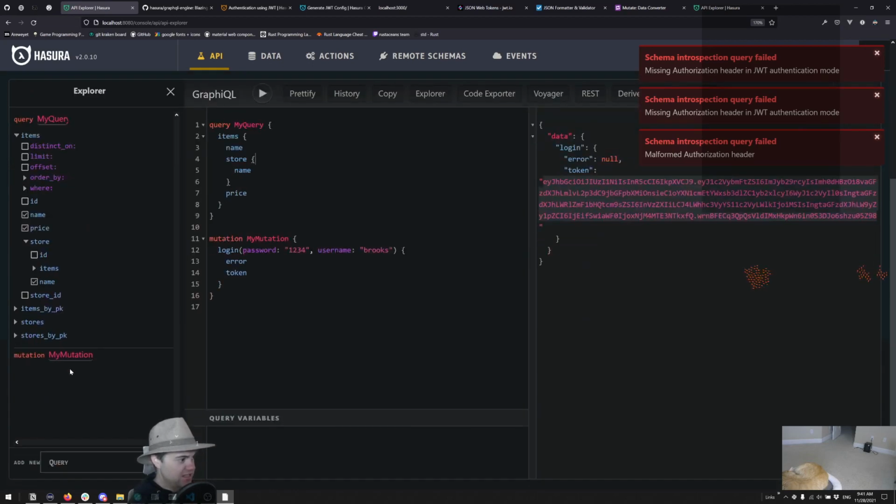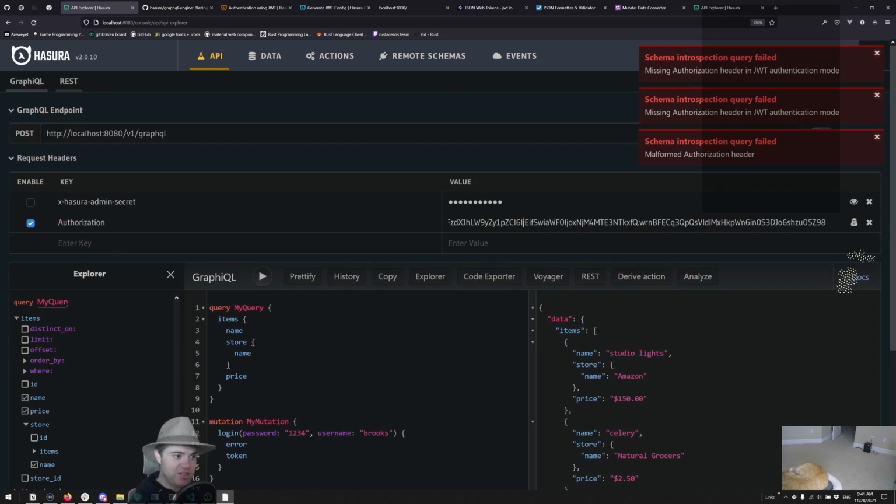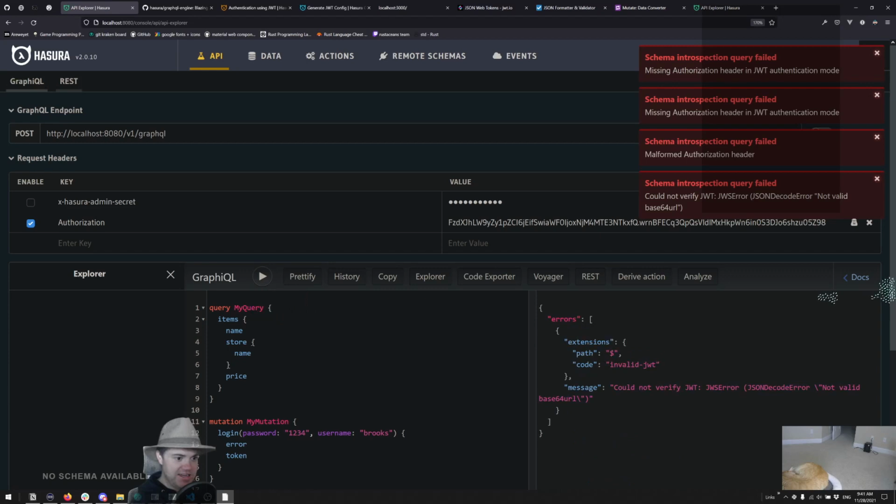And now I want to do this. Oh, and look at this. I can't see the mutation, but I can see this query. So it seems like it's working. So then I just do my query here and we're good to go. If I change one thing of this and I try the query again, we get an invalid. So we've got